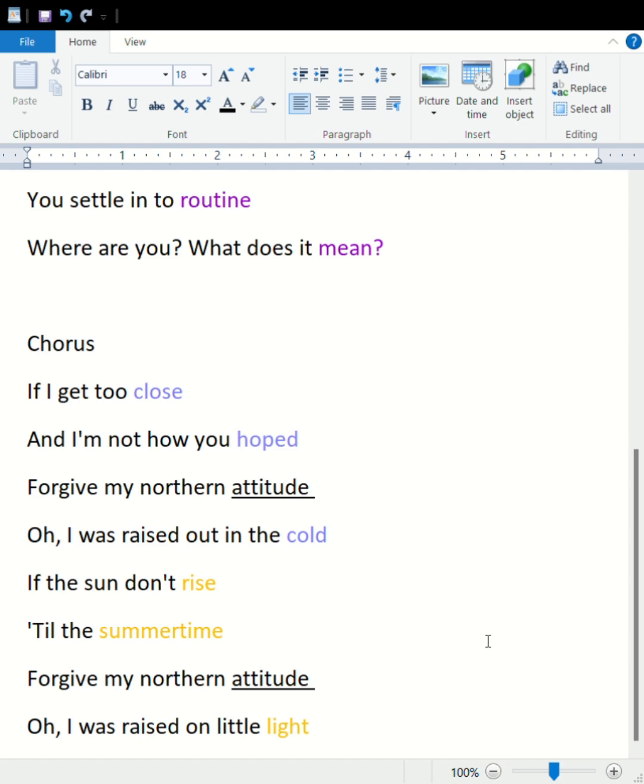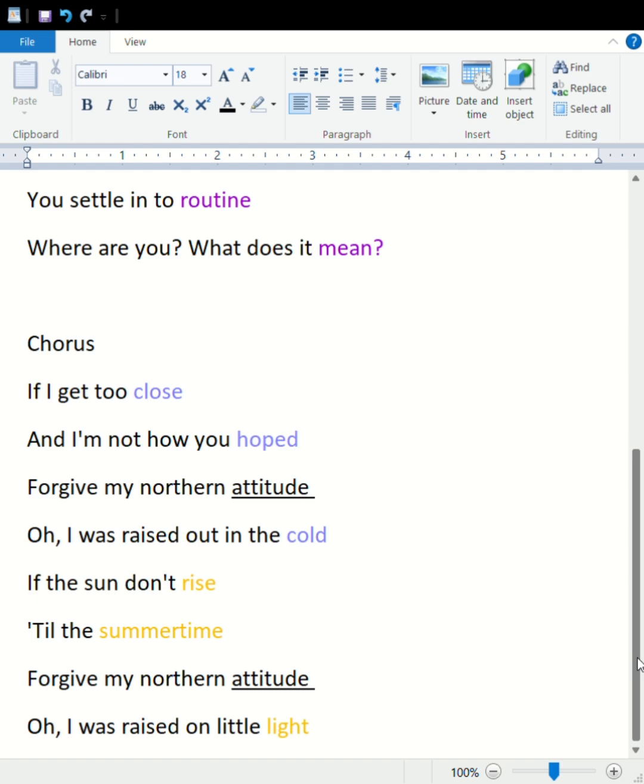So now I will talk about the next type of rhyme, which is perfect or exact rhyme, where you have the same vowel sounds and they're stressed in the same places. So for example, mountain and fountain. One example of this in the song is in the pre-chorus, where it says,